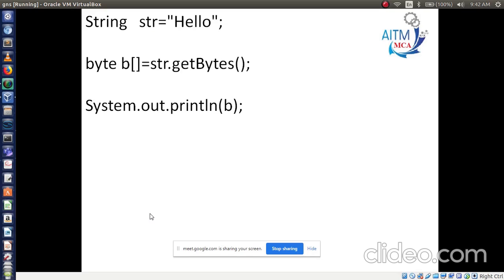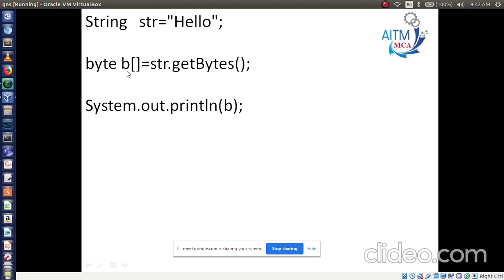Here String str has the characters hello. Now I am using the getBytes method. How to use it? See, str dot getBytes. Str means hello, converted into bytes and stored in which variable?